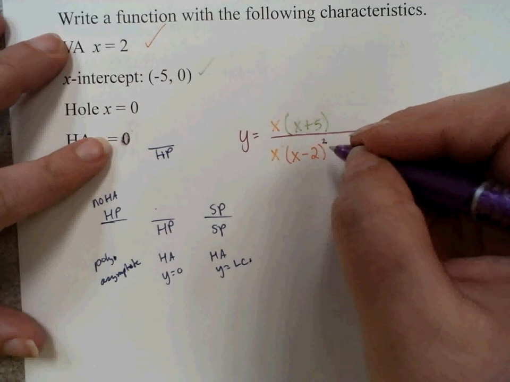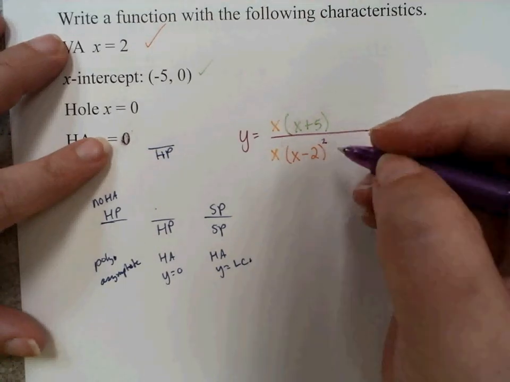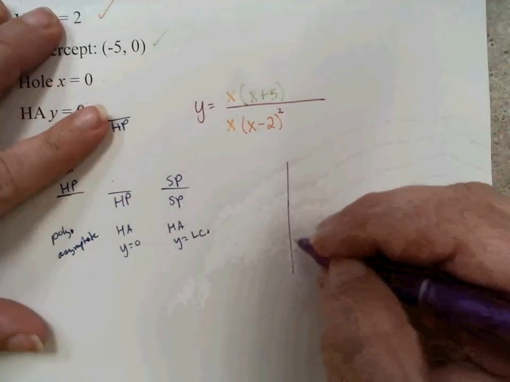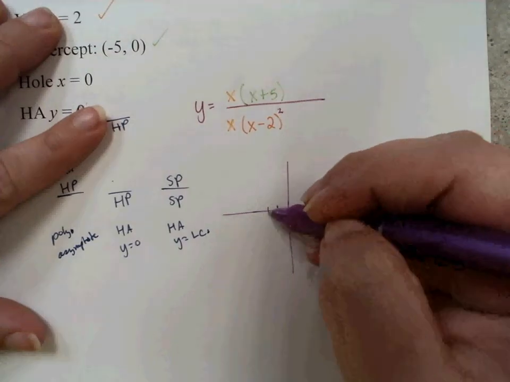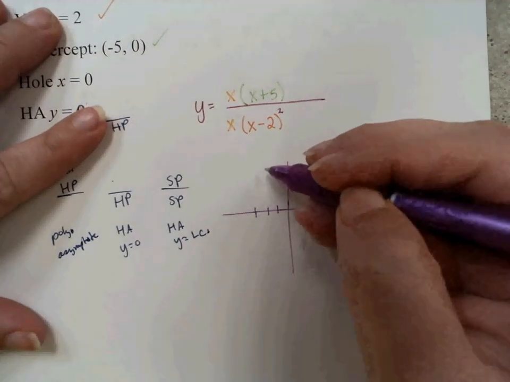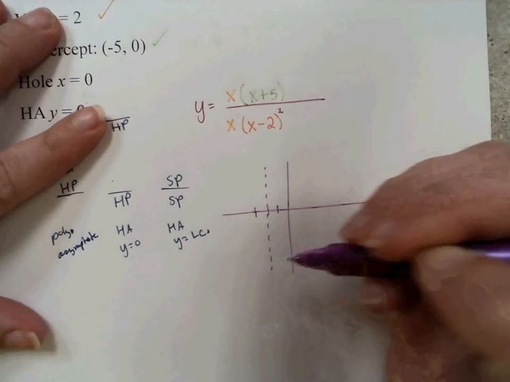I could change this, and that is a valid option. It does change something about the graph though. So I do have a vertical asymptote at -2, but